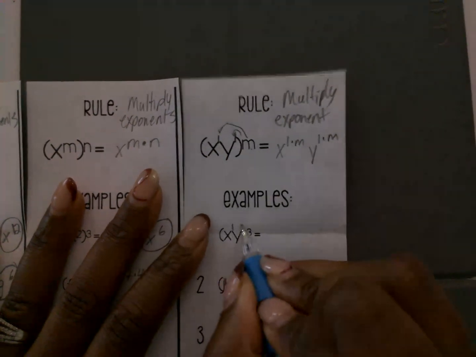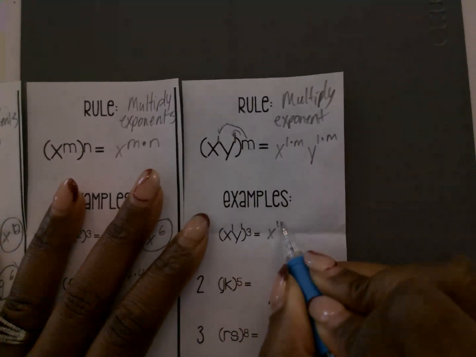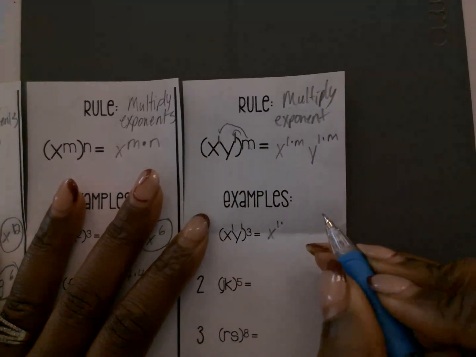1 is the automatic number that's the exponent. We have 1 times